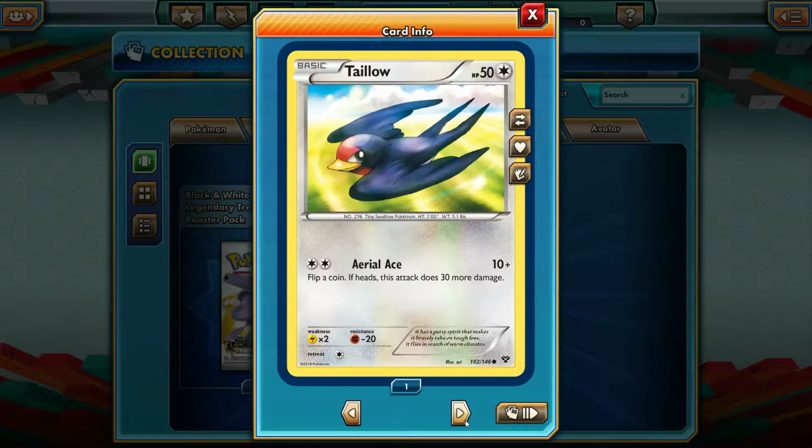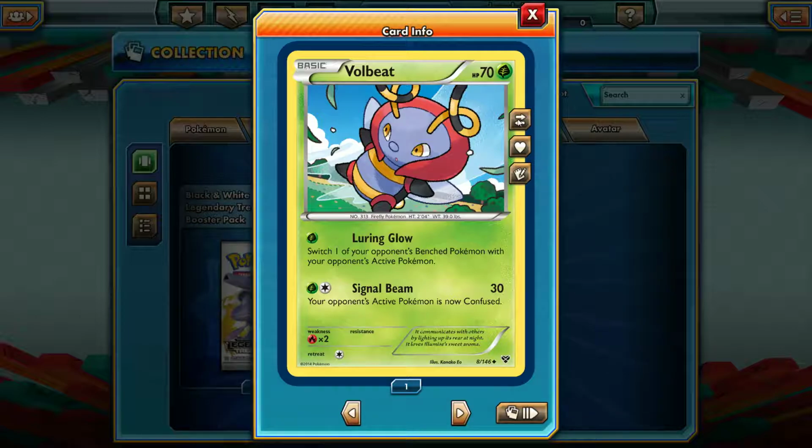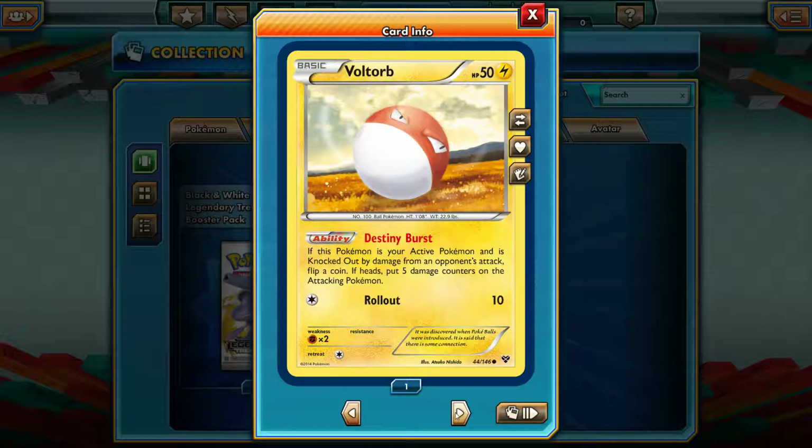Pancham, already got some of them. Swirlix, Taillow, Volbeat. It's got the Signal Beam, that's a pretty good attack because it confuses the opponent. Bolt of Destiny Burst, oh I didn't know this card had an ability. If this Pokemon is your active Pokemon and is knocked out by damage from an opponent's attack, flip a coin, if heads, put 5 damage counters on the attacking Pokemon. Okay, so you can actually do 50 damage from this,